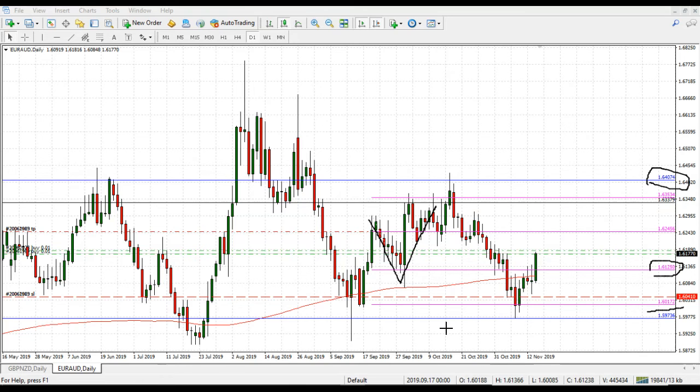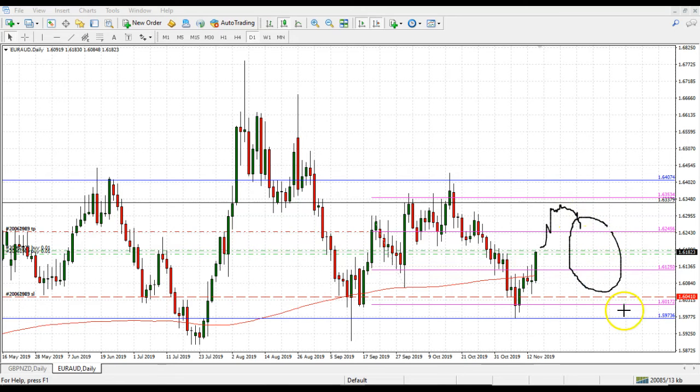For now, we're right in the middle of the range, Euro Aussie here, making its way towards the upper section, and possibly after we get out for a while, we might get back in, because I can see a situation where price is gonna travel a little bit here on the upper section and then begin to turn back down, and we might be able to catch another downside move back to this area, right? The area where it's coming from right now, the lower section here.